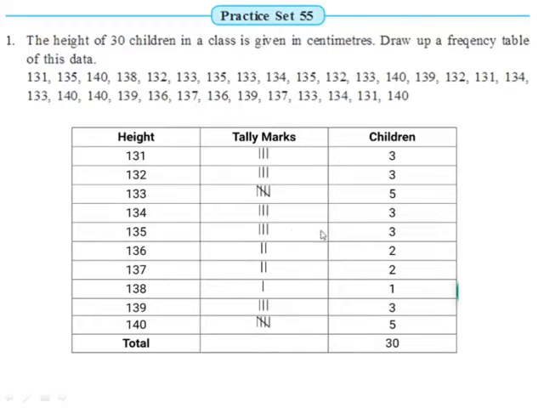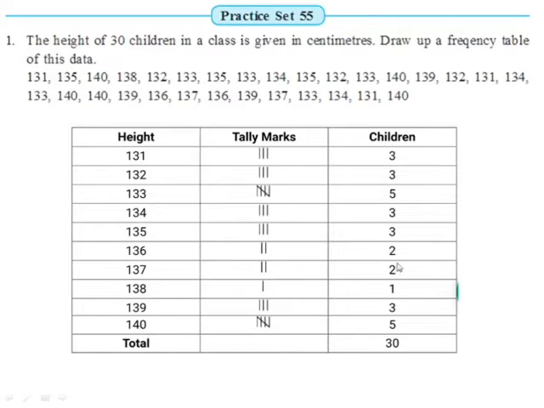Here again 3 tally marks are there, so frequency is 3. Now 2 tally marks, so frequency is 2. Now 2 tally marks again, so the frequency is 2. 1 tally mark represents frequency as 1. Here there are 3 tally marks, therefore the frequency is 3. And here there are 5 tally marks, therefore the frequency is 5.